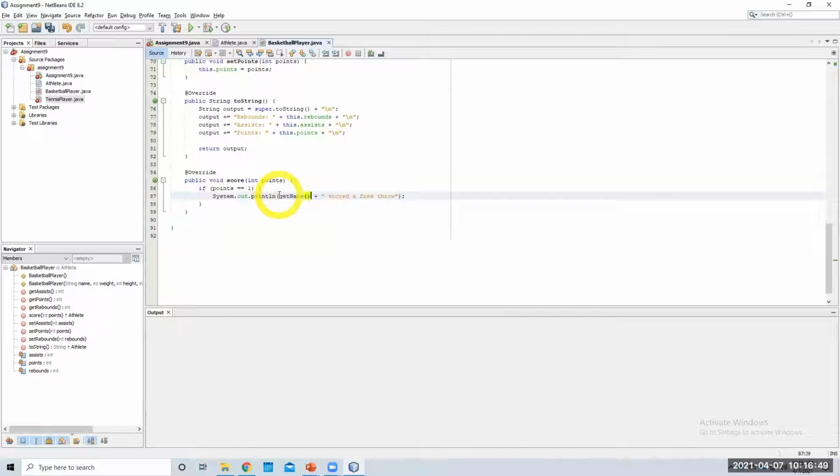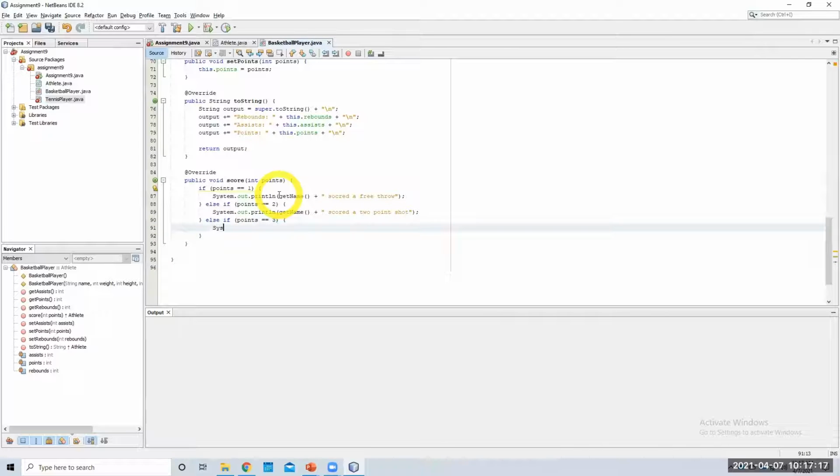Get name. Else if points equals 2, system.out.println get name plus scored a 2-point shot. And then else if points equals 3, obviously, system.out.println get name plus scored a 3-point shot, right? The implementation